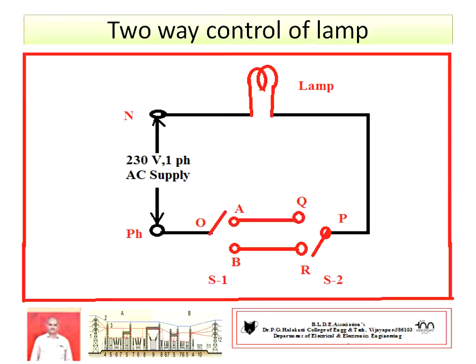This is the electric circuit diagram. You see there one phase wire, one neutral wire from a single phase 230 volts AC supply. From the phase wire to switch S1, and there is a contact between A to Q, B to R. Then another switch position of S2 goes to the lamp, one point of lamp, then the lamp is returned to the neutral point. This results in a closed condition.